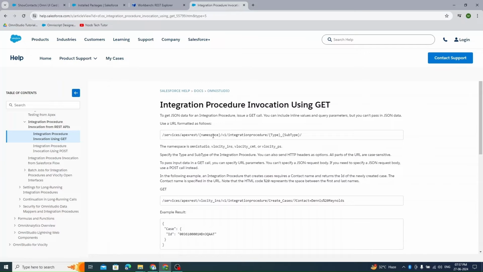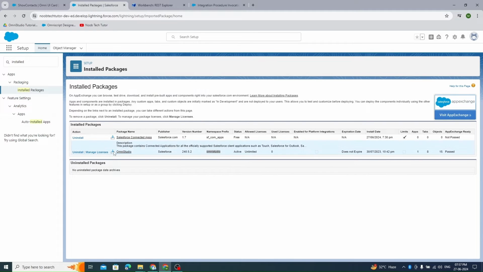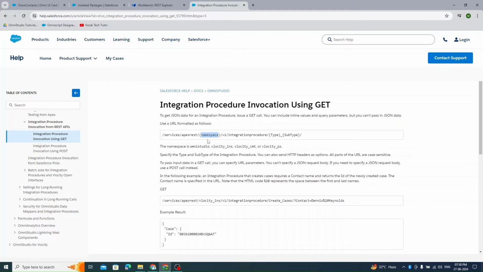In here, we just need to give the namespace, which you can find from the installed package, and whatever is yours, like for me it is OmniStudio. It can be Velocity CMT or Velocity INS for you. If you are just using the basic one, that is OmniStudio, you will get the namespace as OmniStudio. So my URL will be in here, I'll have to replace OmniStudio, and here the type and the subtype of